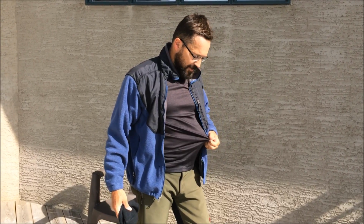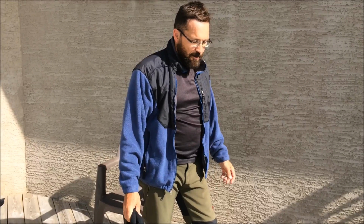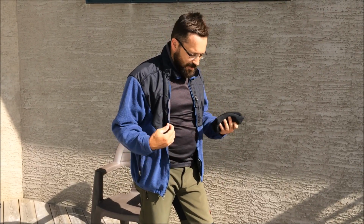Actually, I'll tell you one quick story, and maybe I'll get some critics about this, but I've been on longer trips where I have 2 shirts, and after 5 days of wearing the same shirt, a shirt like this, no matter what, I actually burn it. I've burned a few shirts in the past, just so I don't have to carry it out. It's a psychological thing. When you're on a long trip, all those ounces start to add